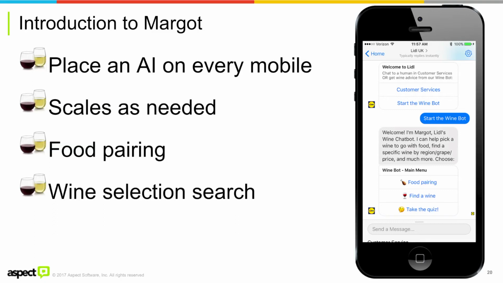And then on the fun side, she also answers FAQ questions. So people ask questions like, oh, I got red wine stain on my trousers. How do I get those off? How do I get that clean? She'll answer the question. She answers, what makes wine sweet? How does a sweet wine become sweet? I don't know. And so she'll answer various questions about how wines are. She'll also quiz you on how much of a wine expert you are. So if you think you know something about wine, you can go head to head with her and see if you know as much as she does.